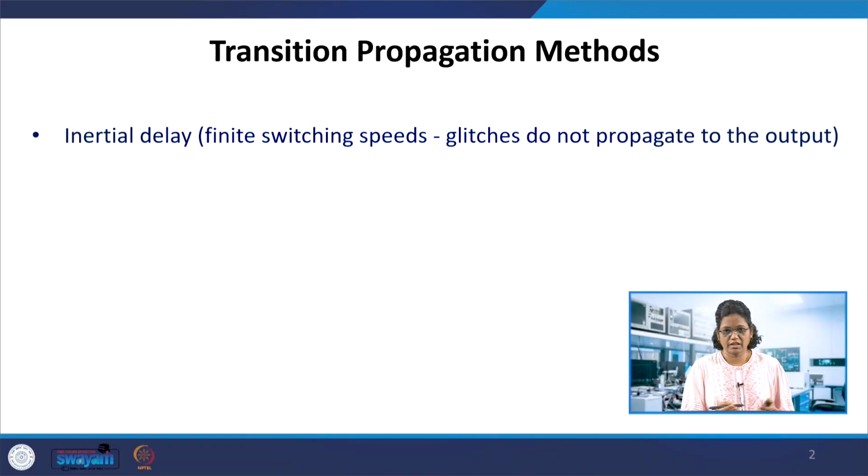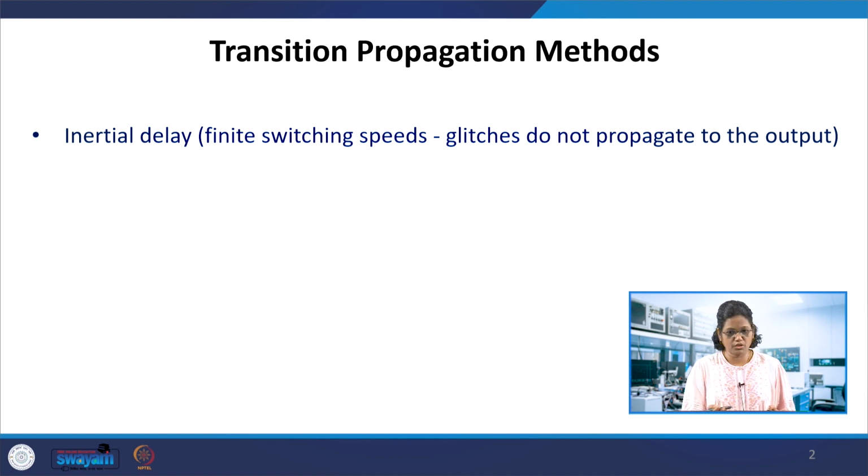One of the hardware components which is very useful in the case of transition propagation methods is one in which two kinds of delays are modeled. Suppose you have a buffer which has some propagation delay, then there is the input to output transition. When the buffer has a propagation delay, how is the input transferred to the output, and how do we model that using the delay methods?